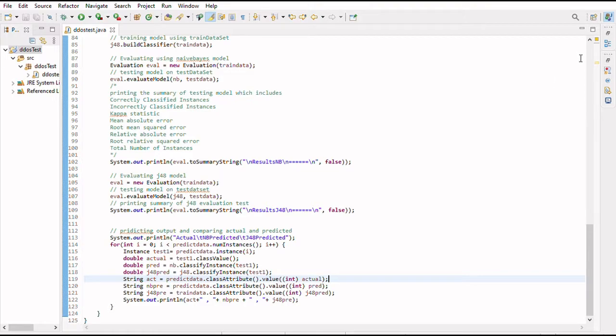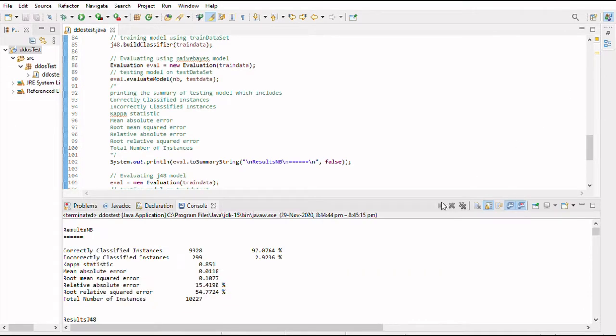Now here is the result of the NB model. The number of correctly classified instances by this model is 9928, which is 97% of total instances.